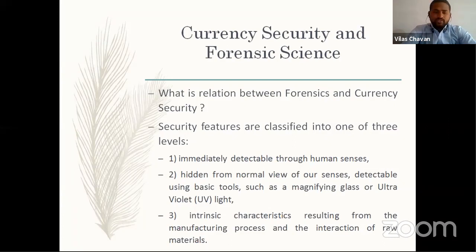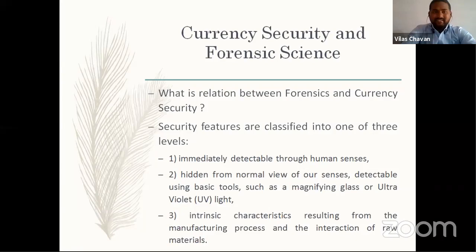So here the level at which a security component falls determines the first point and thus the complexity involved in determination. So the level of confidence required may require further investigation depending on the quality of question. So here these are the three levels of security features. We will discuss them in later detail.